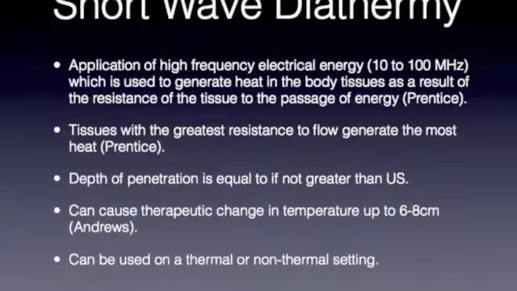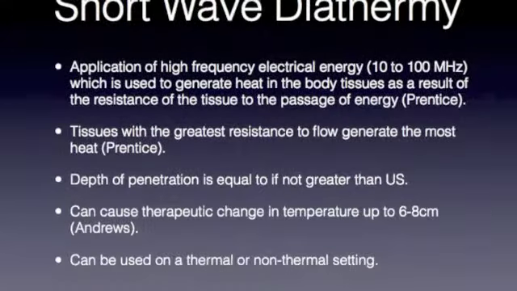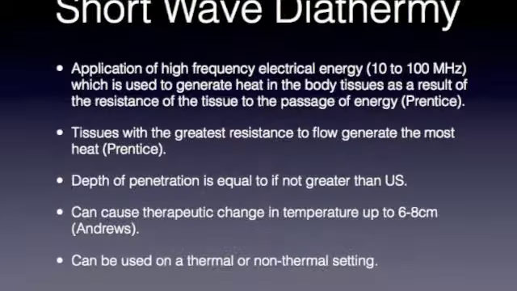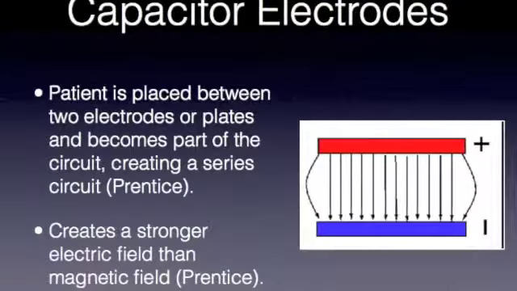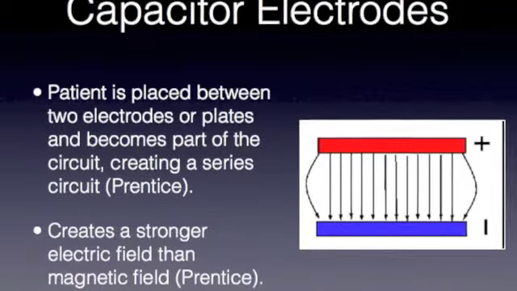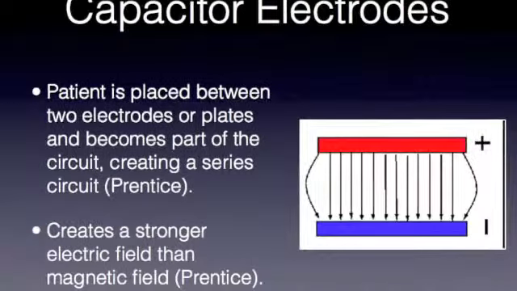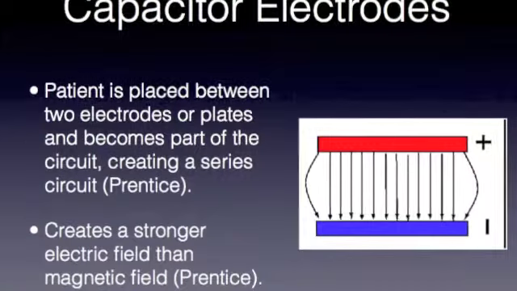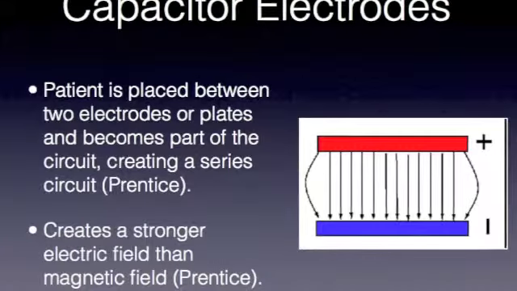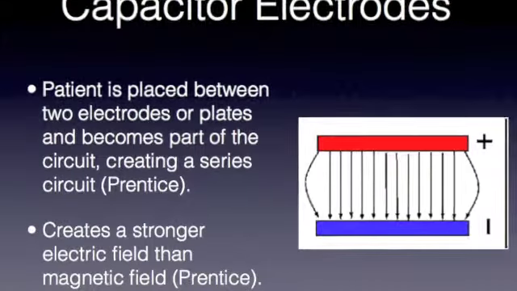Depth of penetration is equal to, if not greater than, ultrasound. It can cause therapeutic change in temperature up to 6 to 8 centimeters. Shortwave diathermy can be used on a thermal or non-thermal setting. The non-thermal is the capacitor electrode, and usually continuous cycle. This is usually when the patient is placed between the two electrodes or plates and becomes part of the circuit, creating